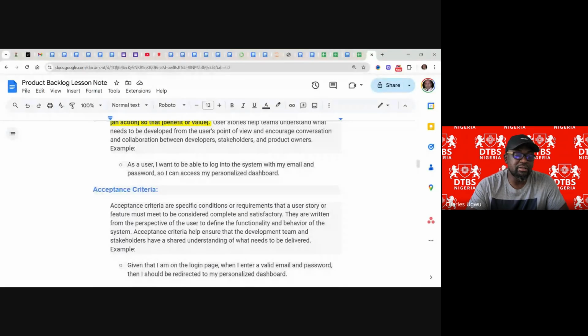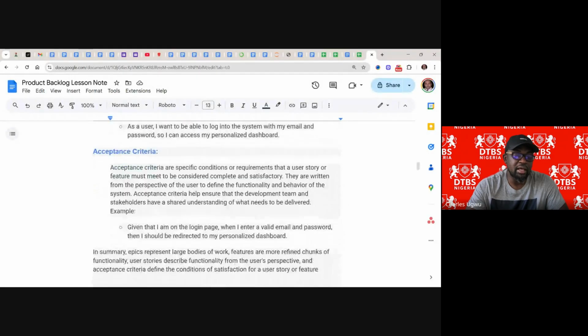They are written from the perspective of the user to define the functionality and behavior of the system. Acceptance criteria help ensure that the development team and the stakeholders have a shared understanding of what needs to be